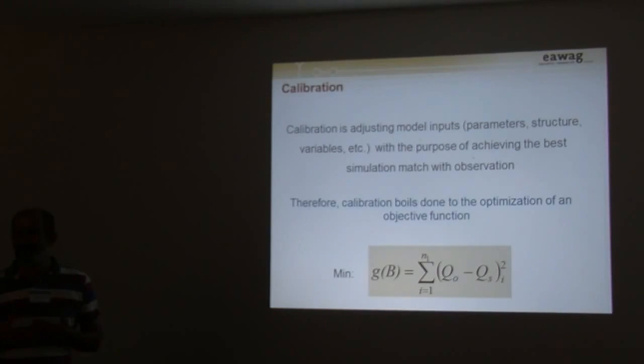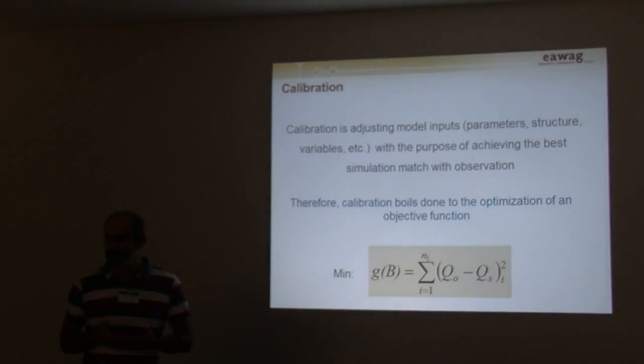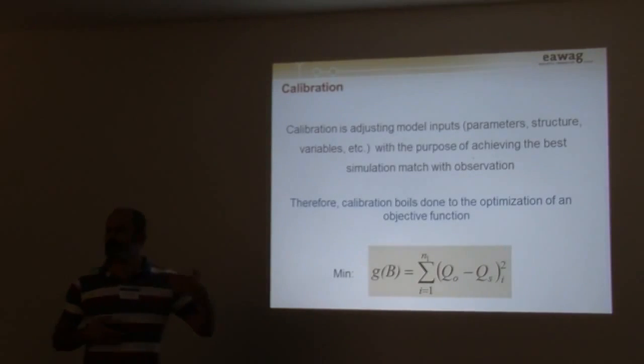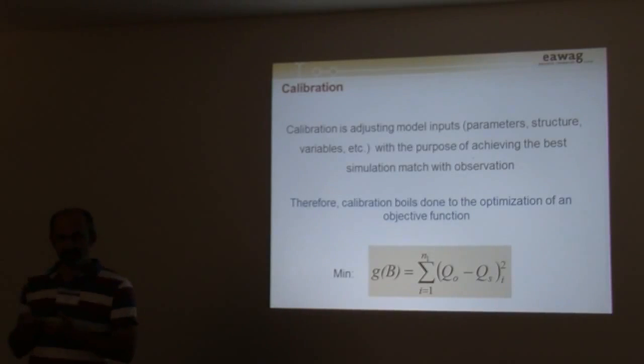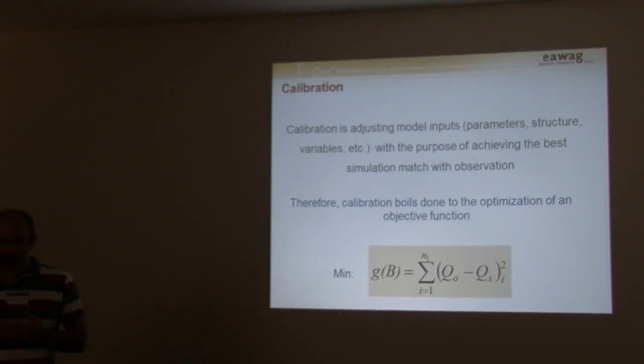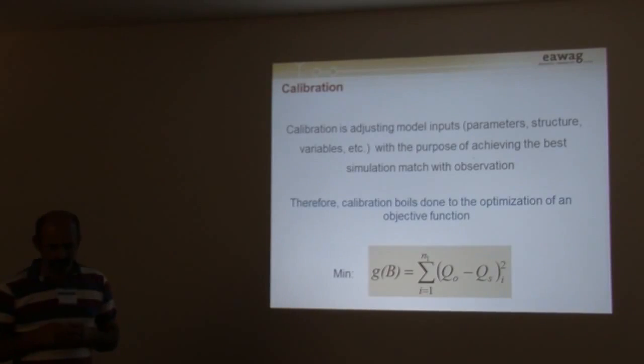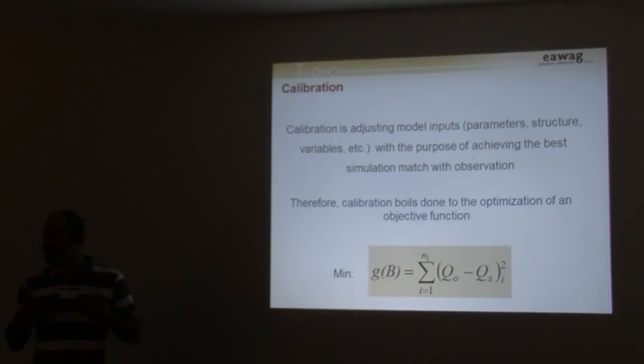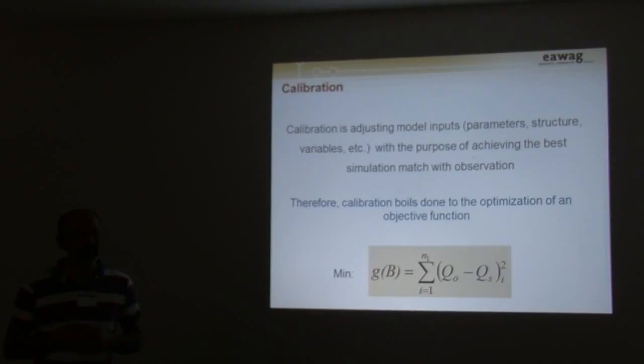And there are many, many different types of objective functions. If you look in the literature, there are a lot of different types of objective functions that you can use. But the ultimate goal is to minimize such an error. And not only to minimize the error, but to catch the dynamics of your observation and so on. So that's why you have different objective functions. Now, there are some problems that arise from this fact that there are many different objective functions, and I'll explain what